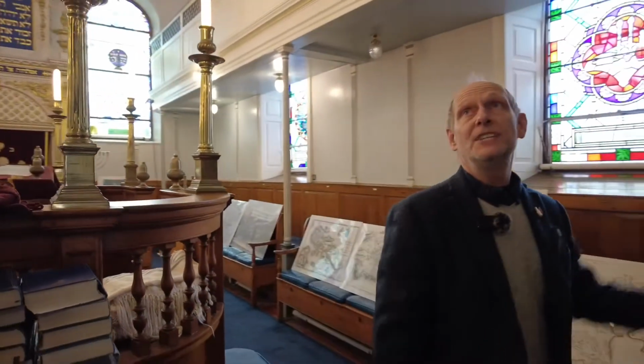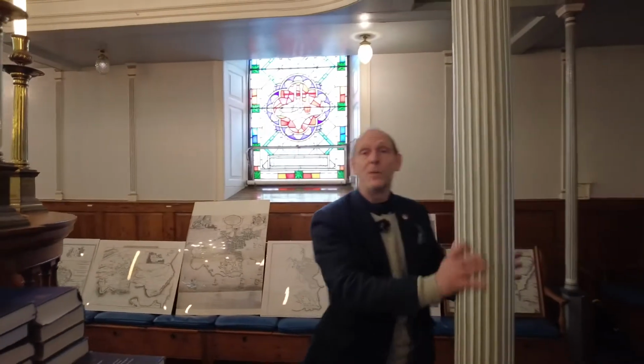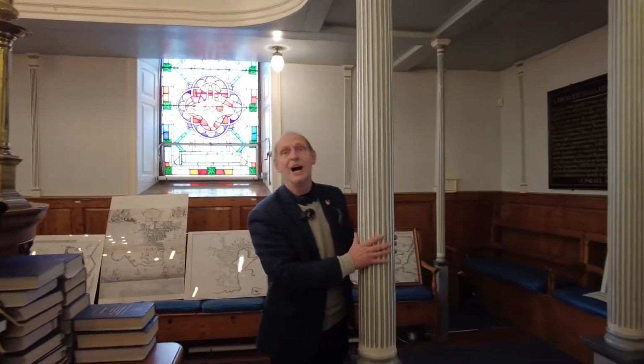The synagogue is all original. Although some things have been altered and changed over the years, it's all original. When the synagogue was first built, the gallery upstairs used to be just a small section here at the back. And that's why these posts are made of wood, still original from 1762. It's not until 1864